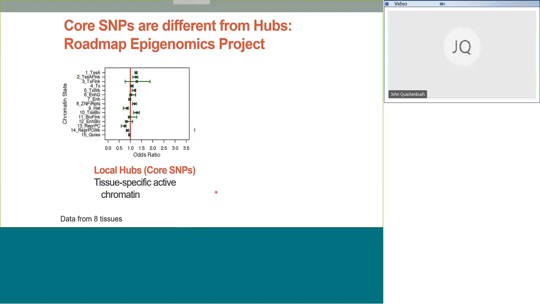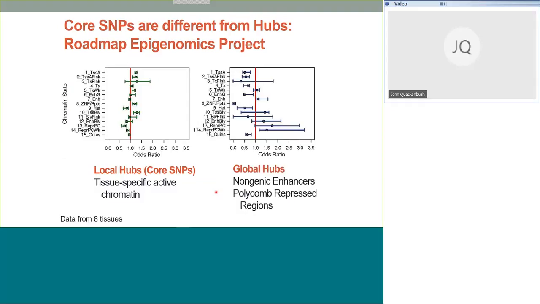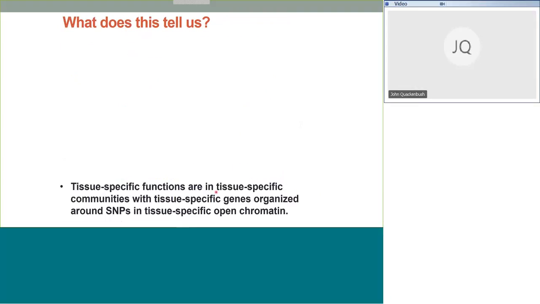is that core SNPs are different. And in fact, when we look at these core SNPs, what we start to see is that we have tissue-specific functions that are organized around SNPs that fall into tissue-specific open chromatin, that they're unique communities in each tissue, but they nucleate around SNPs, core SNPs, that in fact map to open chromatin, which are only open and accessible in that individual tissue. So this actually paints a really interesting picture, and I just recognized my animation is out of